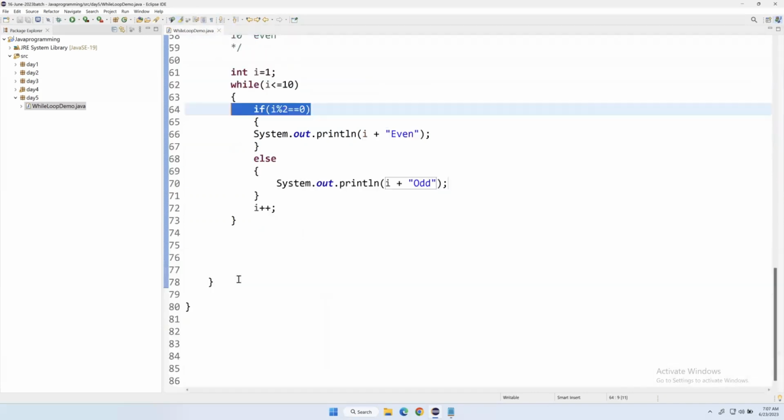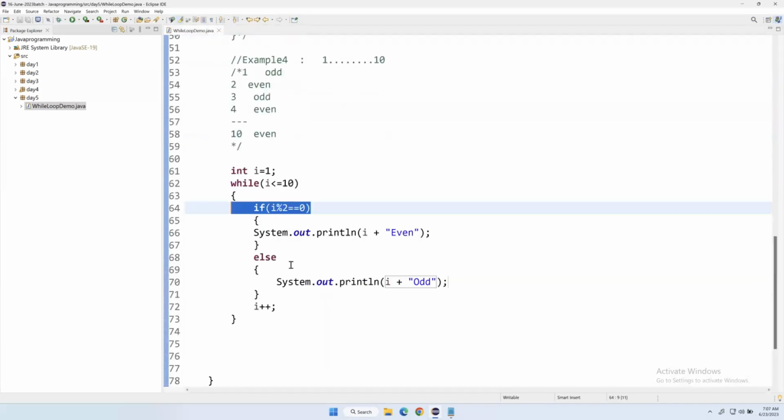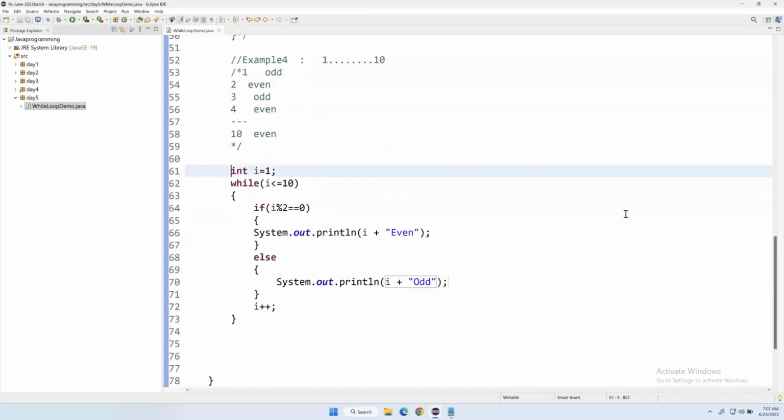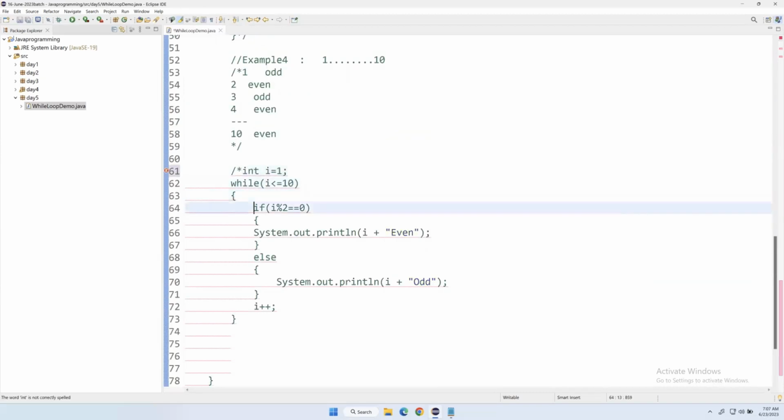So these are the examples of while loop. And sometimes we have to decrease the values. Instead of incrementation, we should also decrease the data. So for example,